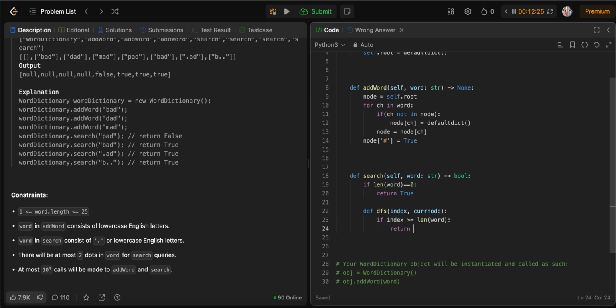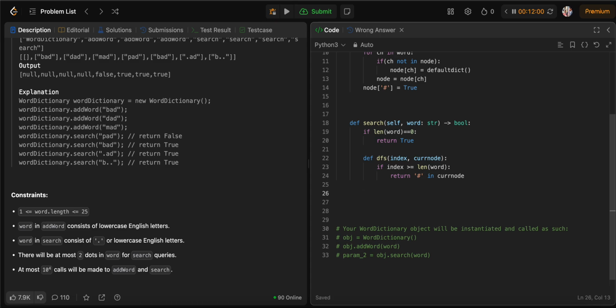I'll return whether hash is in the root. We are doing search, not prefix search, right? So if we have reached the current index, now check if hash is in the current node. If it is present, then it will be true, otherwise false. Now I'll go next and check: